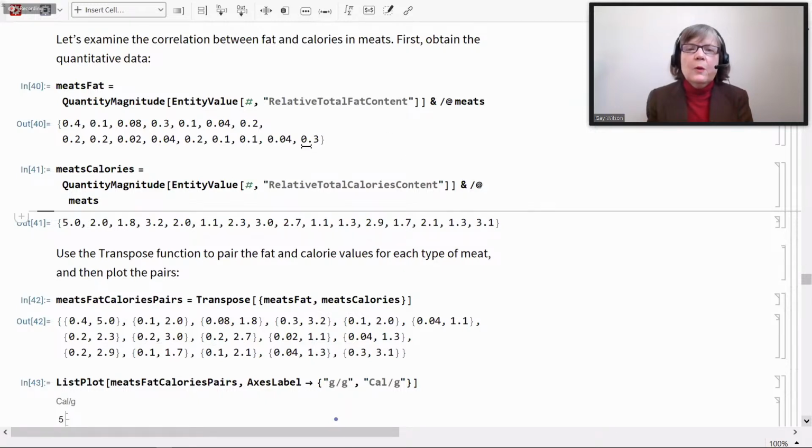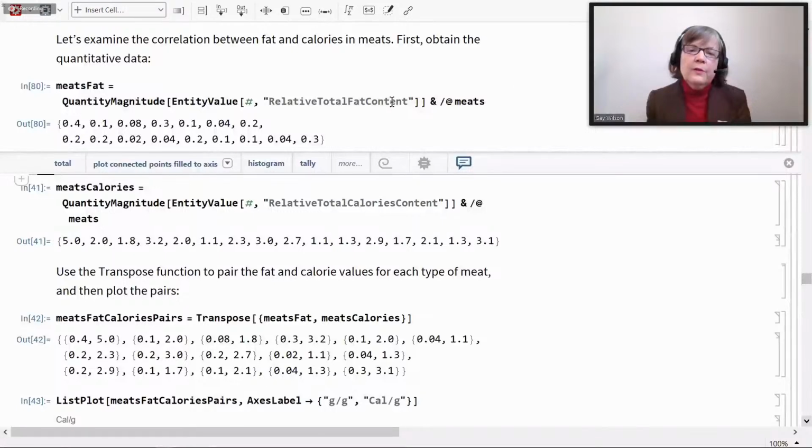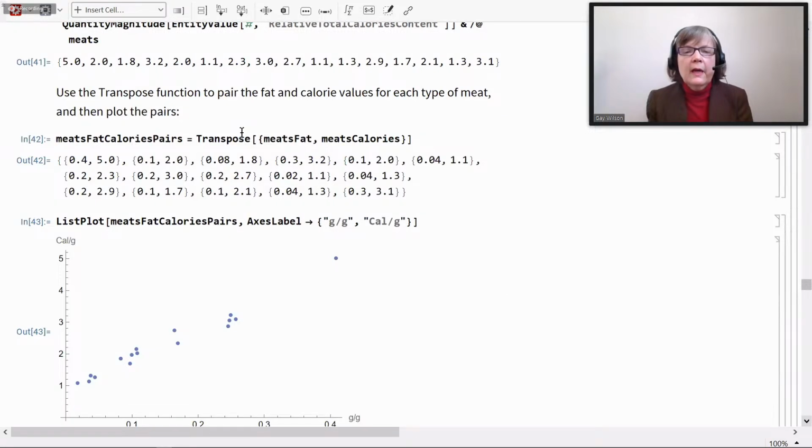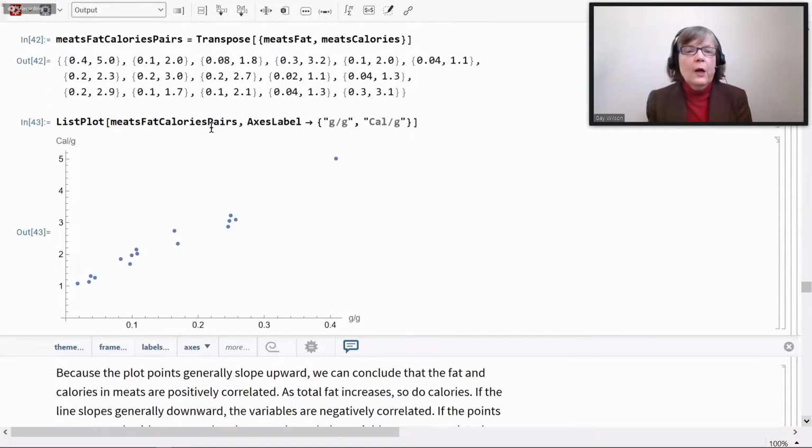Okay, so let's examine the correlation. We're going to look at fat and calories in meats. First, what we've been doing all along, we grabbed the property we're looking at now, relative total fat content and relative total calories. Then, in order to do our correlation, we've got our data. We're going to use the transpose function, and we're going to pair the fat and calorie values for each type of meat, and then we're going to plot those pairs. It's very easy to take that data and pair it up with the transpose function, which is excellent. So you can see what we've done here is I've paired up all the meat fat and calorie pairs for meats, and then apply